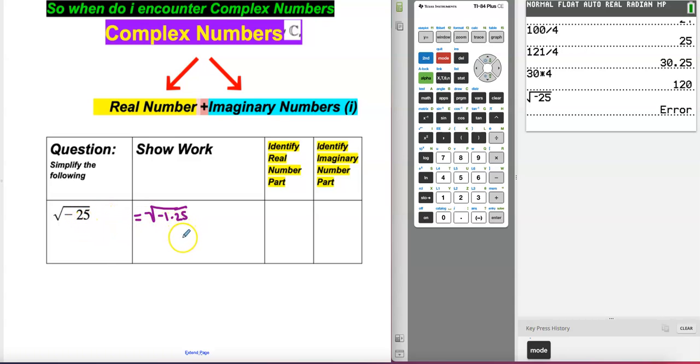But if you notice, now you can do the square root of 25 because it's positive, and you know that the square root of negative 1, and I'm going to come over here and write that to the side, the square root of negative 1 is just equivalent to i. So therefore, you can rewrite this as now the square root of 25